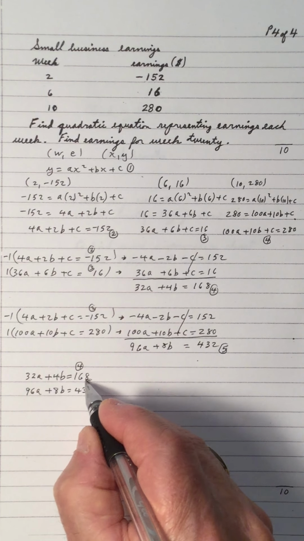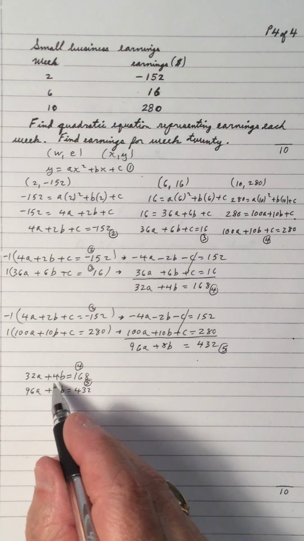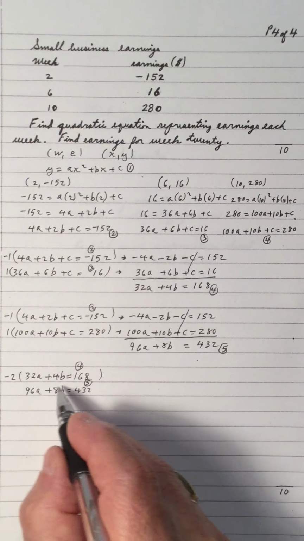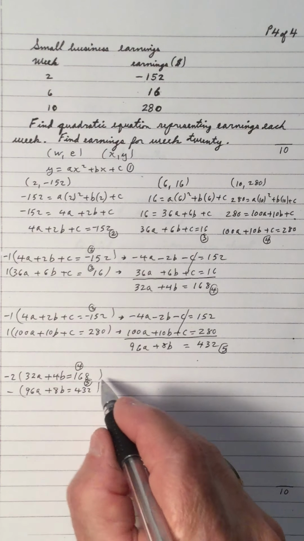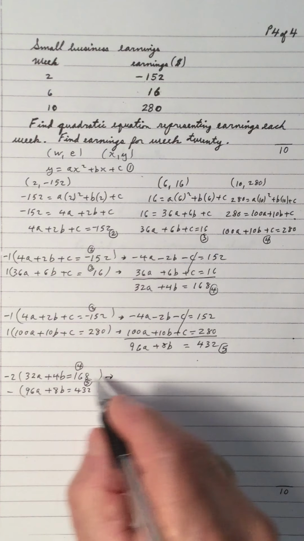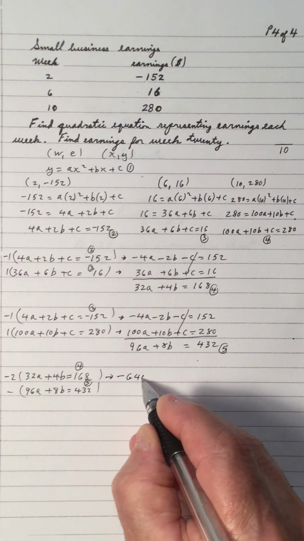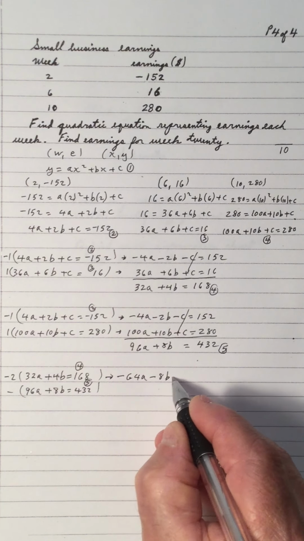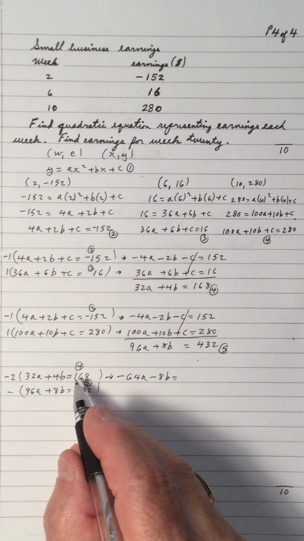This is equation 5. And I want to eliminate one of the variables. And the easiest one to do is b. So let's multiply this one by negative 2. That gives me negative 8. Multiply this one by 1, which gives me 8. I cancel out my b's. So 2 times 32 is a negative 64a. Negative 2 times 4 is negative 8b. And a negative 2 times 168 gives,